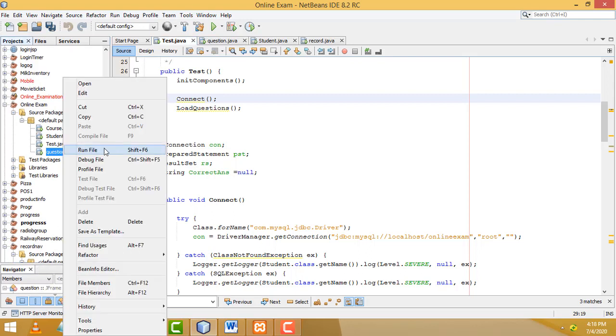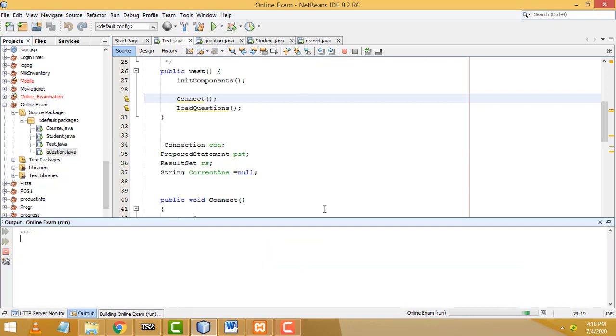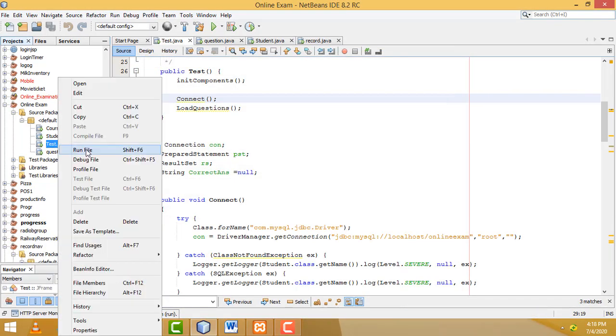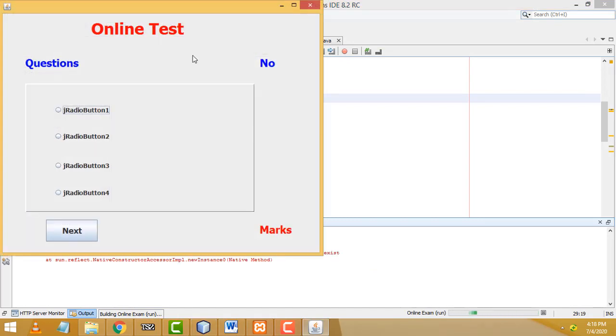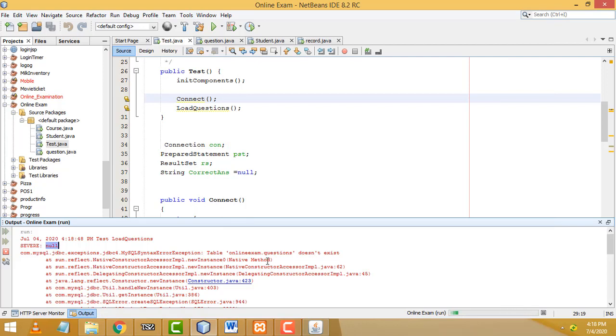Right click, test. It's not working: connection null.